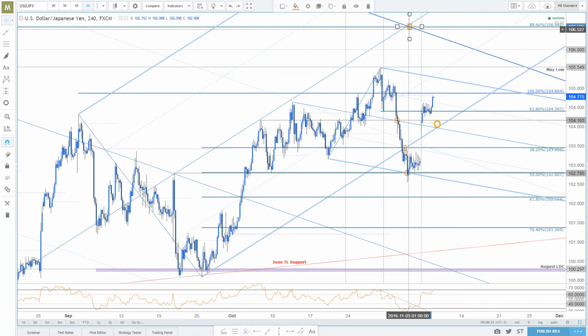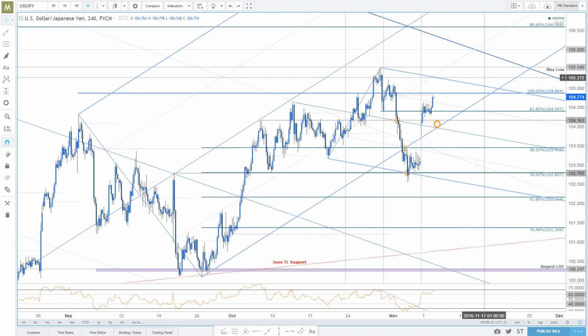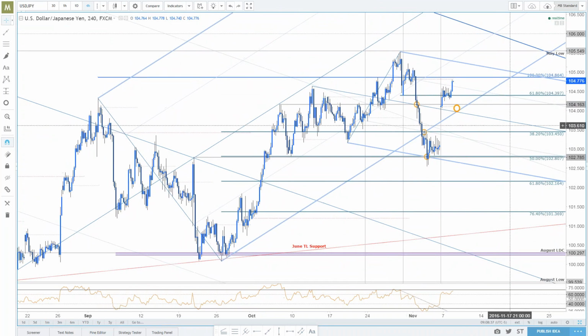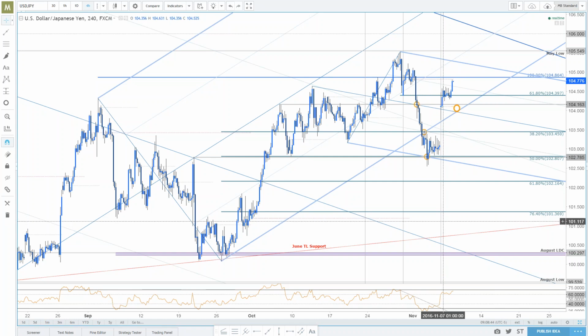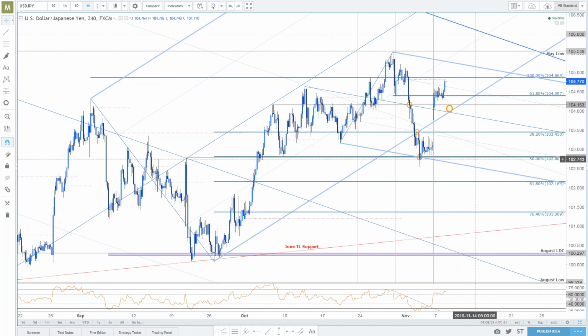And remember the analogs that Jamie has been highlighting on the swing charts and the swing posts, guys, for dollar yen over the next couple of weeks do show us the possibility of a more significant dollar yen drop-off before this thing starts to rally higher. So we'll see. I still want to see a pullback. Near-term targets on the pullback if we do get it: at the 104.40s I'll take off the majority of that position. The weekly open is where we'll wrap up if we get it before